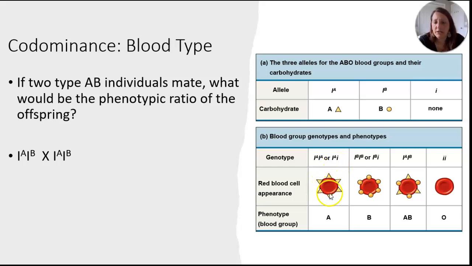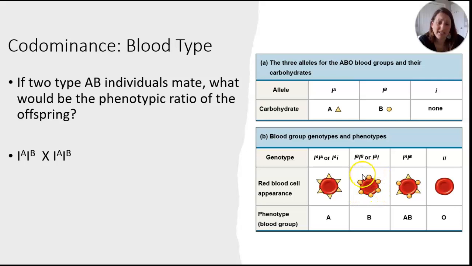So if we were to take a look at your red blood cells, they would be kind of coated by this surface antigen that again looks like a triangle, and it's a carbohydrate molecule. Okay, so we would find this surface antigen, which again we call A, on the surface of your red blood cells. If you're type B, right, your genotypes will be IB IB or IB little i,